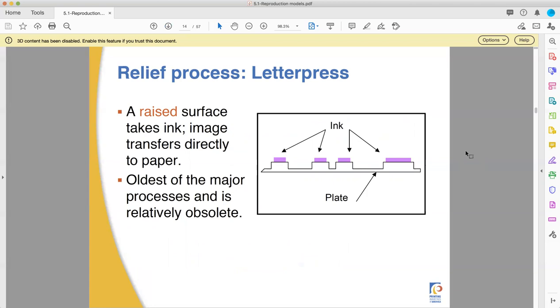It's relatively useless in an industrial sense at this point. There's a few things it's still useful for. Mostly it's used for people who want to make really cool art books. Like the hipsters found this and they love it. And gosh darn it, I love it too. You make some beautiful prints using letterpress. Although one of the weird